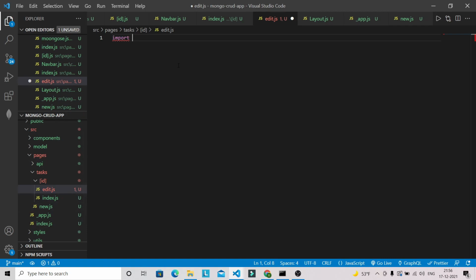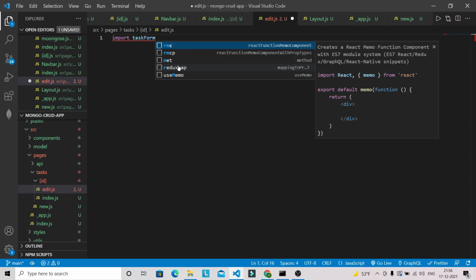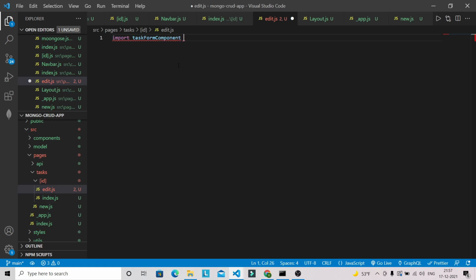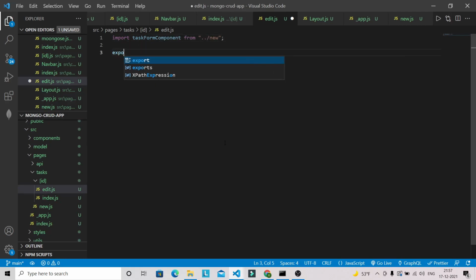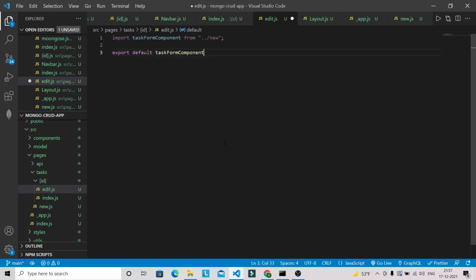Okay, so import TaskFormComponent, you can give any name, import TaskFormComponent from new. Okay, and we can simply do export default TaskFormComponent. Okay, so let's save this file and let's go into the browser.